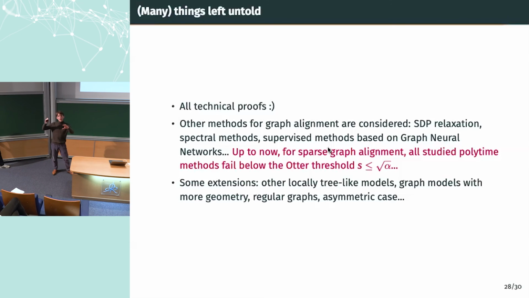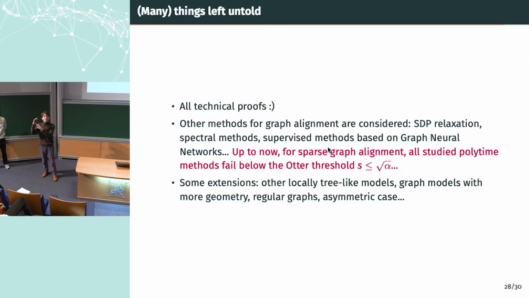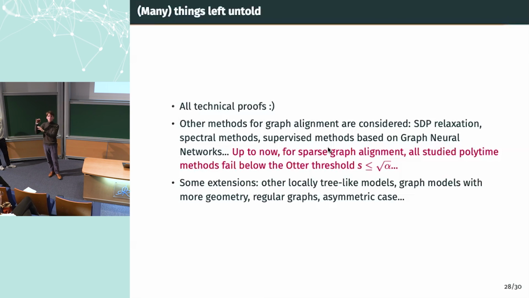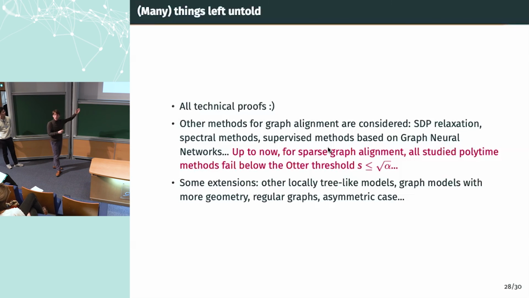So you may have graphs that have different sizes, and you want to align a little graph with a bigger one. Okay, so you want to inject somehow structure into another. This kind of method, for instance the algorithm that I described, the local method, is directly applicable to that case, because once again you look at what happens locally. So you don't look at the entire graph. So yes, it could be applied to uneven cases, as you said.